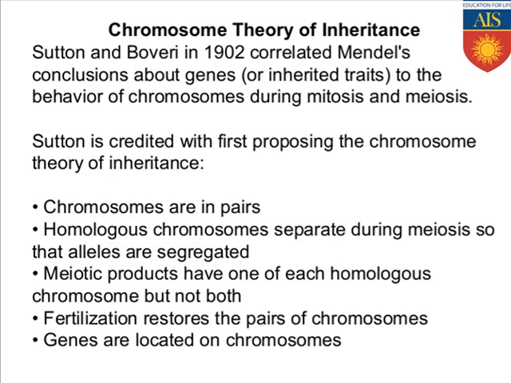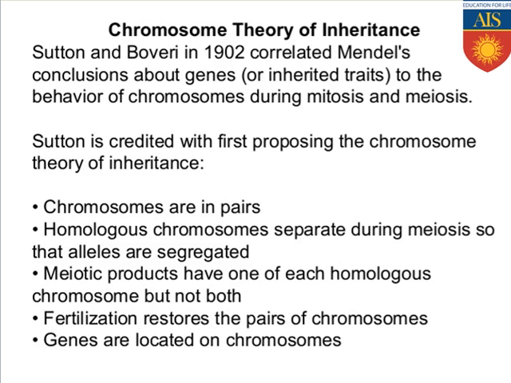So what were the propositions of this theory? Chromosomes are always present in pairs. We all know they are present in homologous form. Homologous chromosomes separate during meiosis so that the alleles get segregated. Keep it in your mind, within each and every cell the chromosomes are mostly present in paired form, which is commonly known as homologous chromosomes. But homologous chromosomes get separated only during meiosis cell division, when the alleles are segregated.